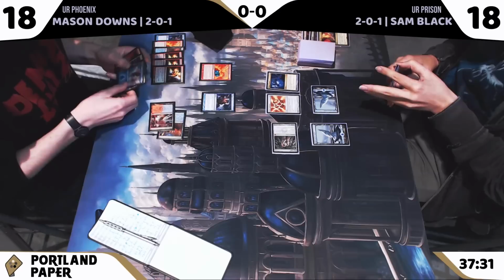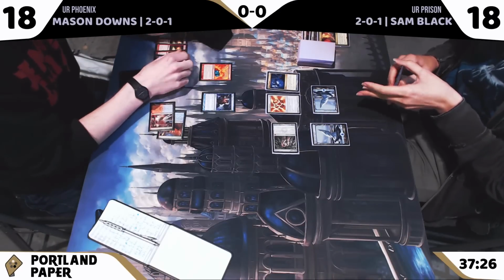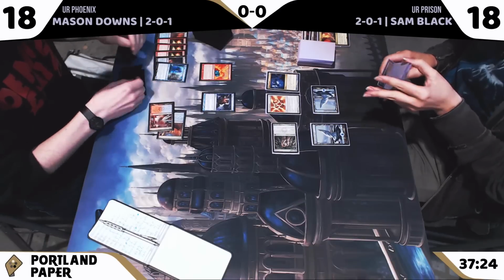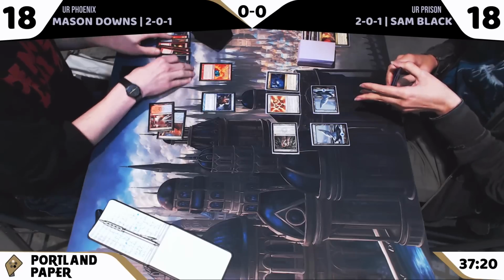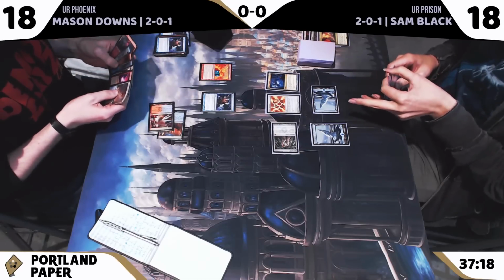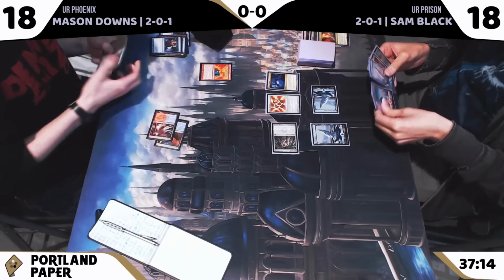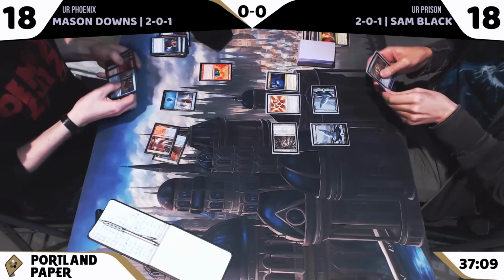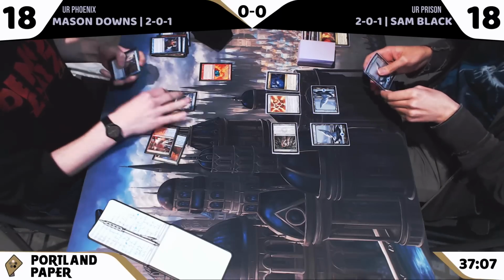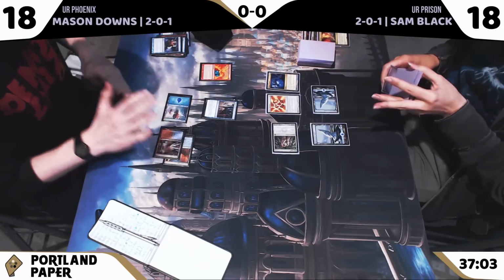Two Thought Scours, sitting on one red. Oh, well, nothing good in the graveyard there. Did not hit any Phoenixes, and did not hit a Looting to get rid of the Phoenix in his hand. We still have a land drop to make here. So, Serum Visions. When you get two copies, it seems pretty strong because you get to